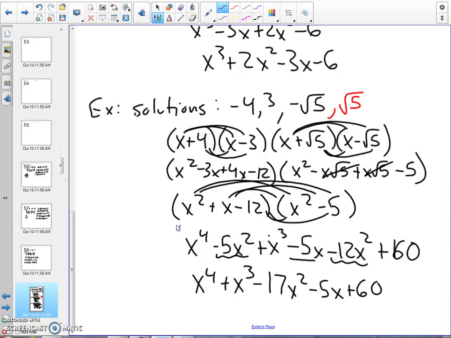So again, if I were to factor this and solve completely, I would end up with x equals negative 4, x equals 3, and x equals plus or minus radical 5. So we're just going backwards from what we originally